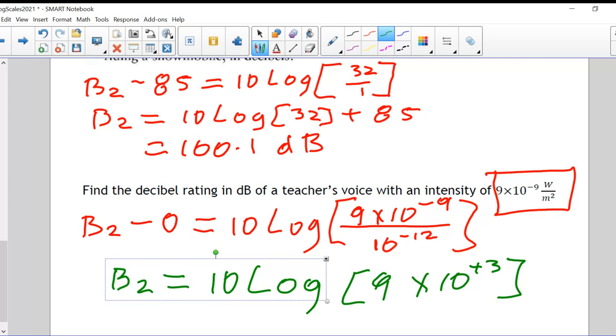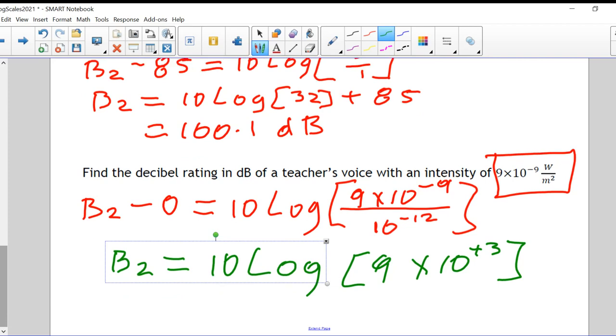I'm going to take that back because it's actually not minus 3 at all. It's minus 9 plus 12. So I should have actually had 9 times 10 to the positive 3. I shouldn't have corrected you at all. I was thinking it was minus 3, but it's actually plus 3. All right, so let's keep going here. So 9 times 10 to the positive 3, which is in fact 9,000. So you're right about that. And 10 times the log of that should be